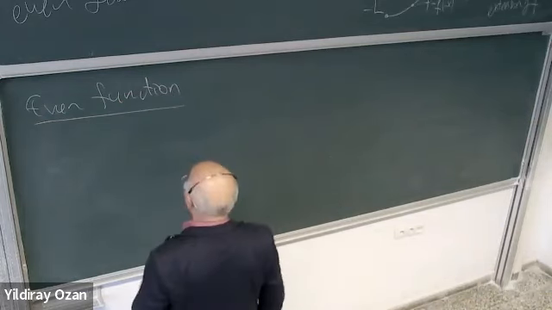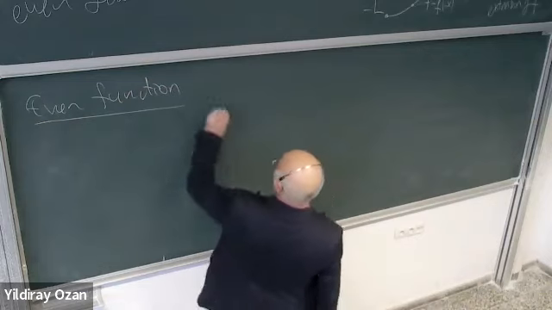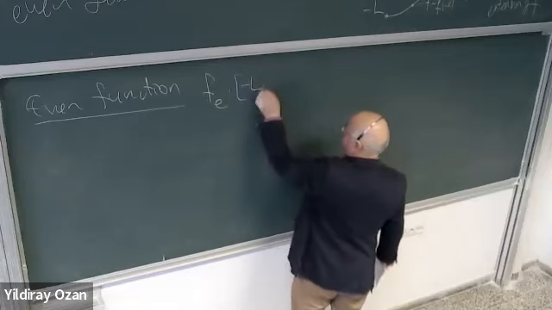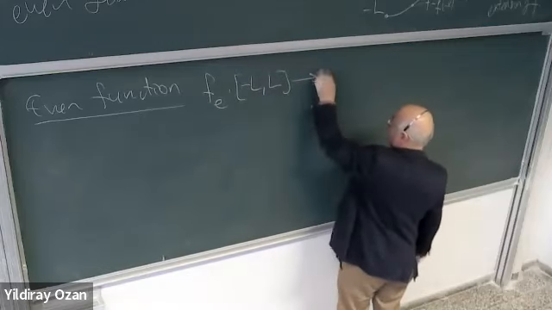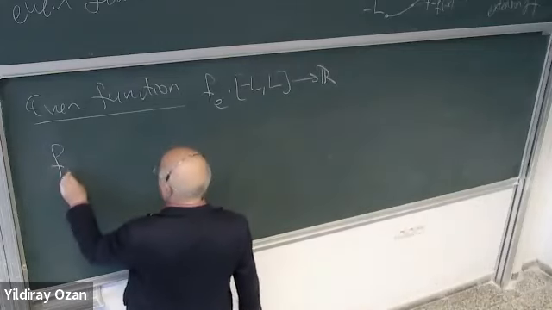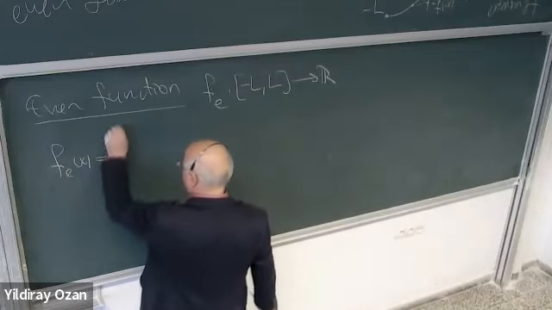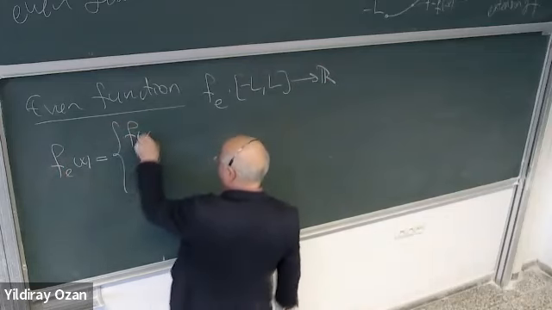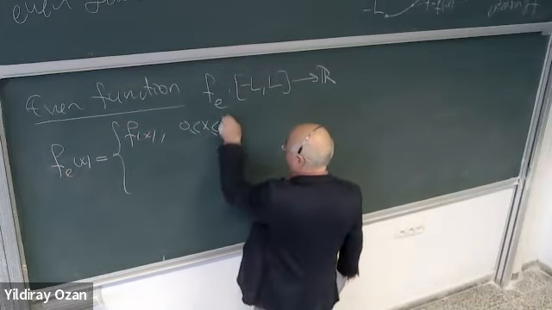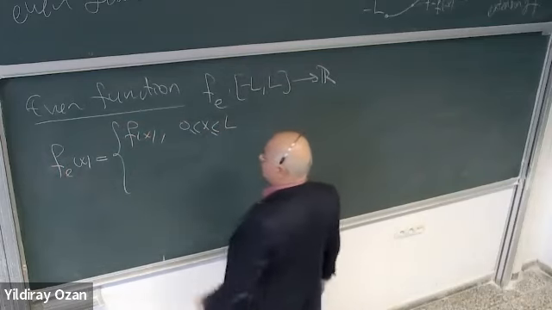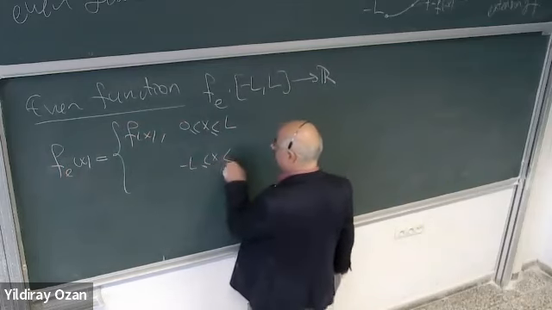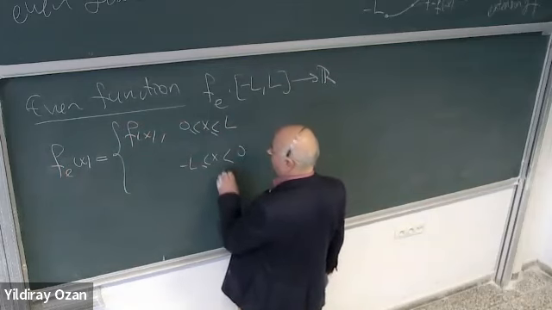Okay. Even extension f_e, from minus L to L. So this will be defined how? F_e of x. So it is f of x if x is between 0 and L, and between minus L and 0, it is just